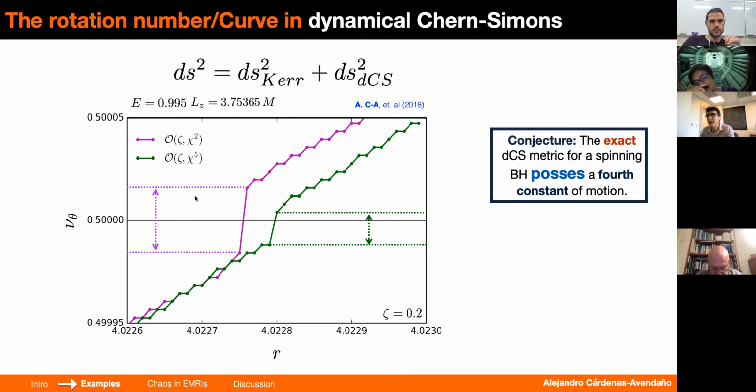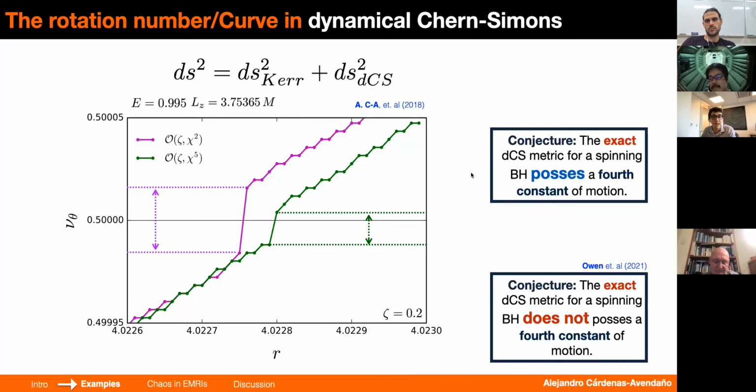And remember that the solution is just known to fifth order so far. However, more recently, it was conjectured the opposite, that the solution doesn't have a fourth constant of the motion. This is a very interesting work done mainly by Caroline Owen. What she did was a tour de force. She tried to understand if there were independent Killing tensors up to 6th rank, and she couldn't find anything. So she proved that at least up to 6th rank Killing tensors, there is no fourth constant of the motion. She couldn't prove that it doesn't exist, or that it does exist, but it seems like that. So we have this conjecture.